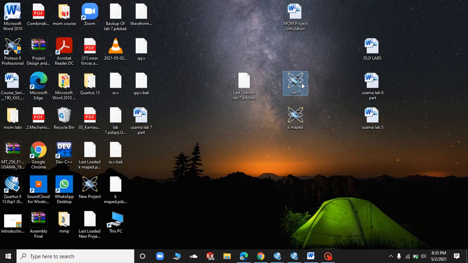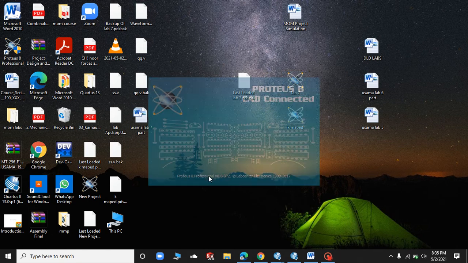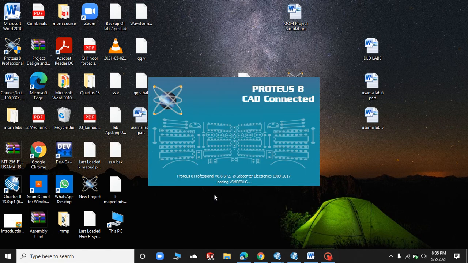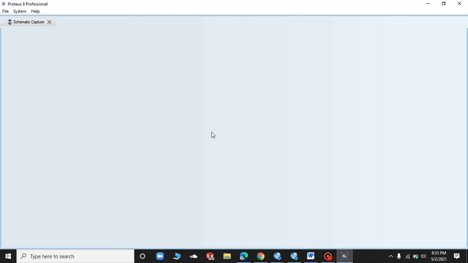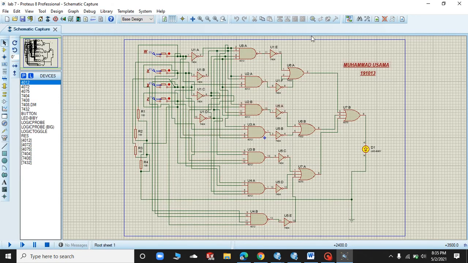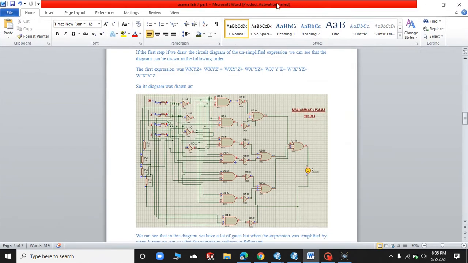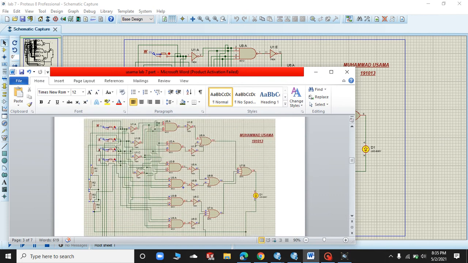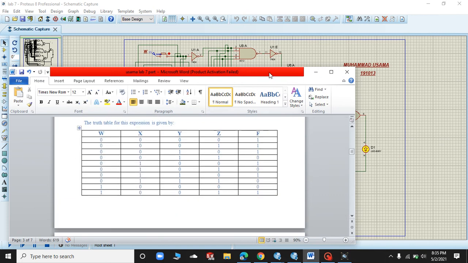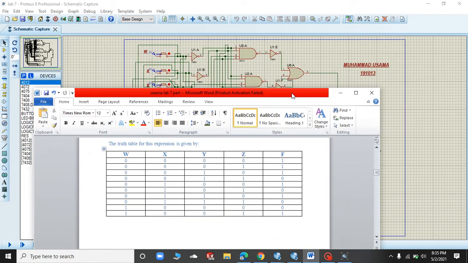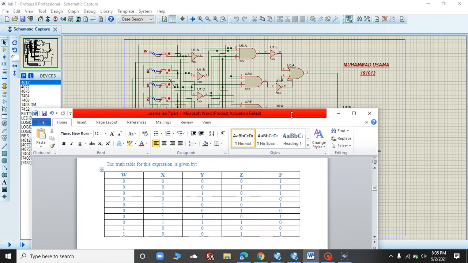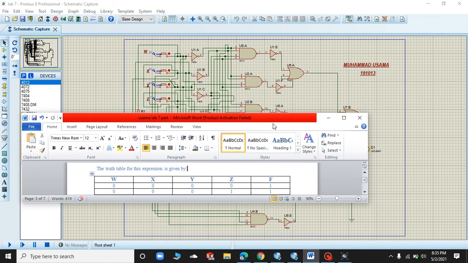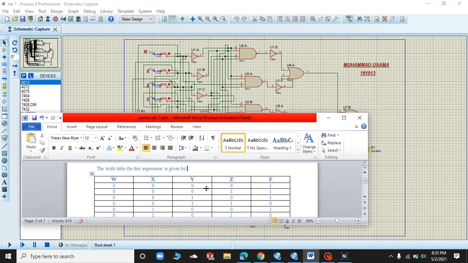This is Lab 7, and I would like to show you the working of this basic Proteus circuit which I have implemented. This is the whole Proteus implementation. The four resistors are connected, and all the connections are made as per the requirement. As far as the truth table is concerned, to counter check whether it's correct or not, I would like to check some of the inputs with you.